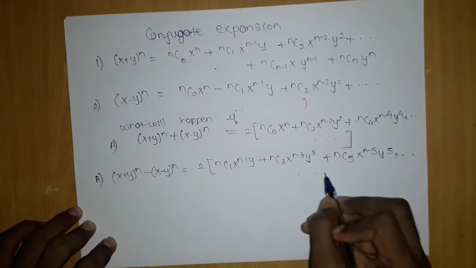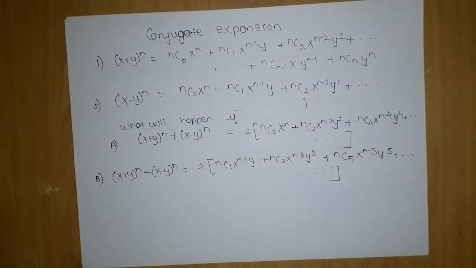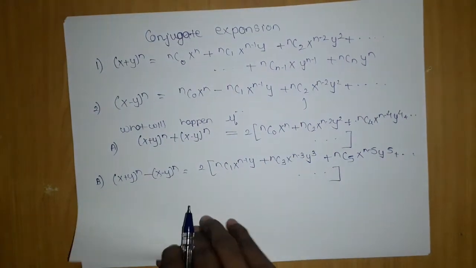this will go on. Okay, so this was conjugate expansion, that is, having two numbers a and b which are the same, whether their expansion power is the same or different doesn't matter, but a and b are the same, one is positive and the other is negative, and we find the summation or subtraction of their expansions. It is nothing but conjugate expansion. So this concept is used: if you add them you will get even position terms, if you subtract them you will get odd position terms. Simple thing. Now let's take problems on them.